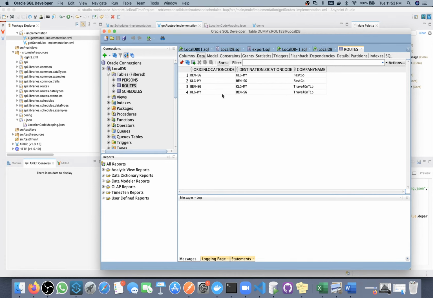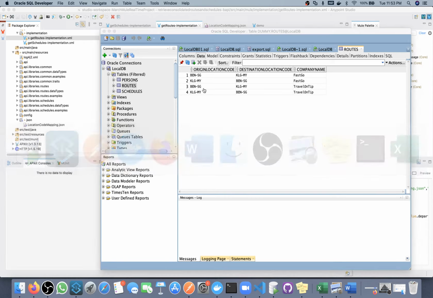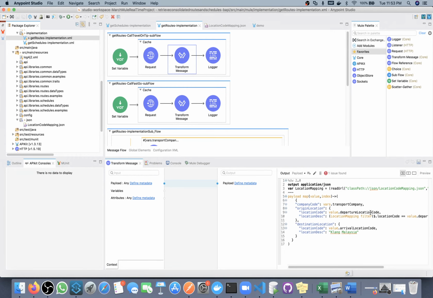So for travel on tip, BNSC KLGMY, we have this route. Location code.